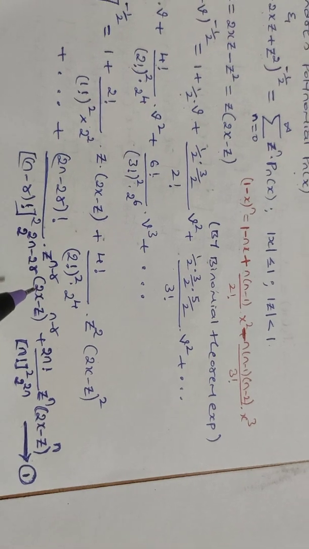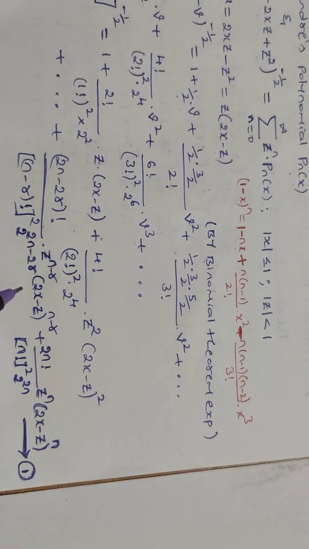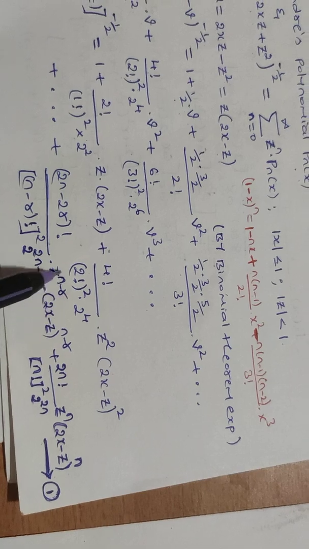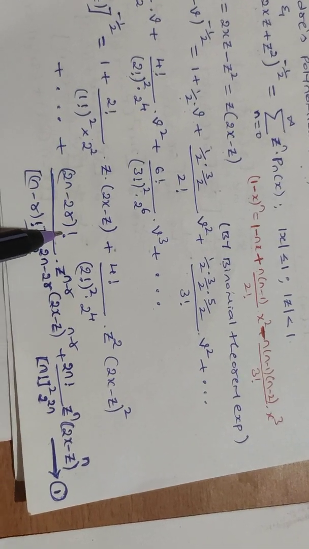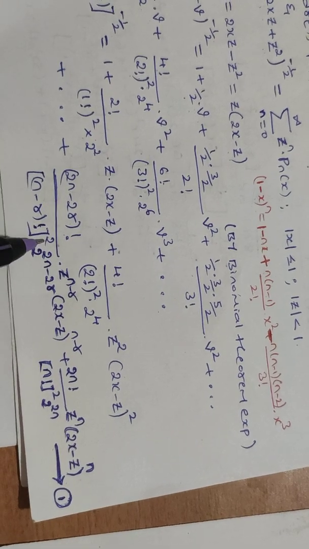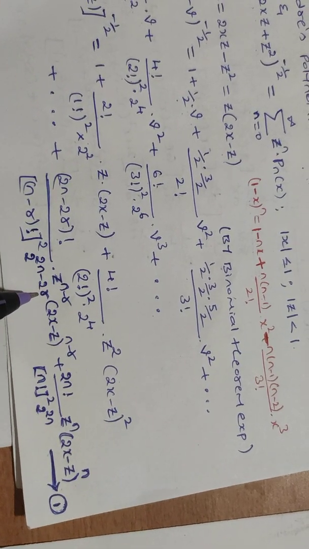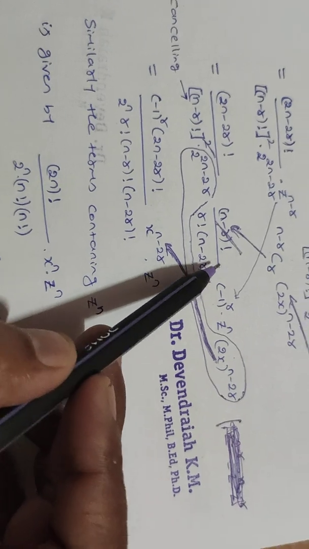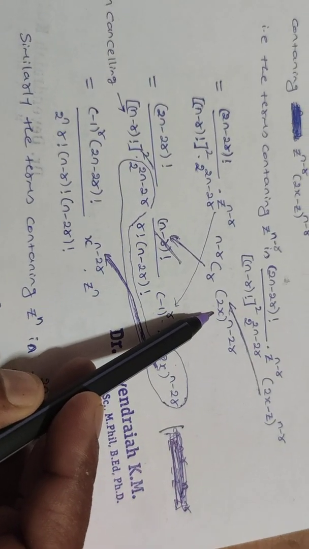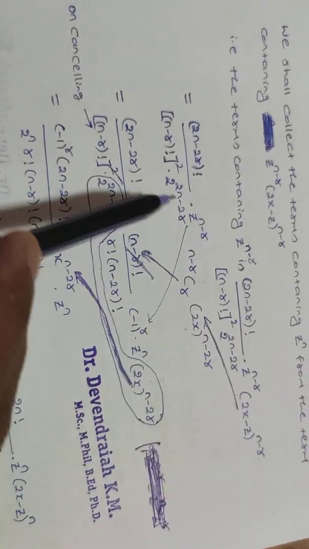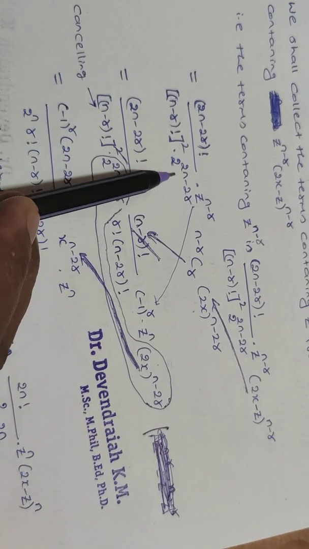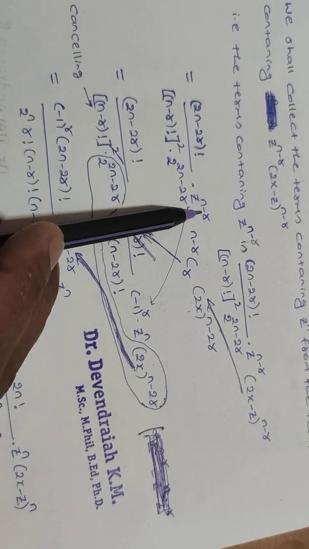Here, we observe the term containing z to the power n minus r into 2x minus z to the power n minus r will be 2n minus 2r factorial divided by n minus r factorial whole square into 2 to the power 2n minus 2r. That is the term we are considering here. That term we write as 2n minus 2r factorial divided by n minus r factorial whole square into 2 to the power 2n minus 2r into z to the power n minus r